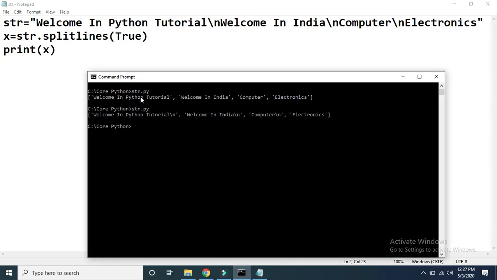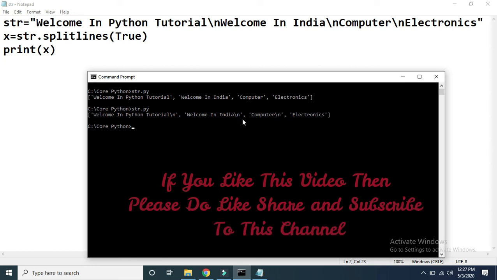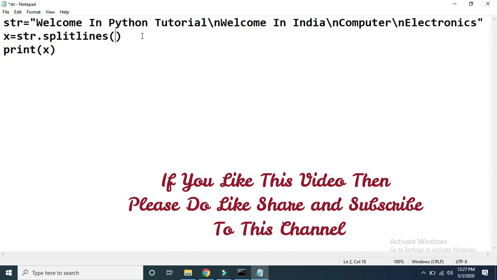Now see, after adding the parameter true, the difference in the output is that it has included the newline character \n as well. If you pass true, then along with each part it adds \n at the end as well. Similarly, you can pass false as well.